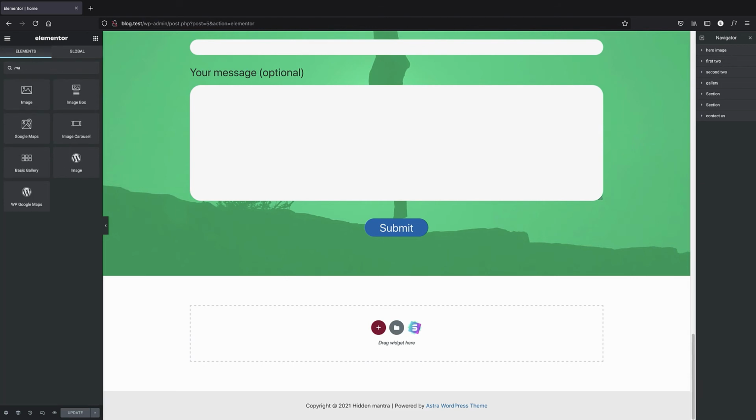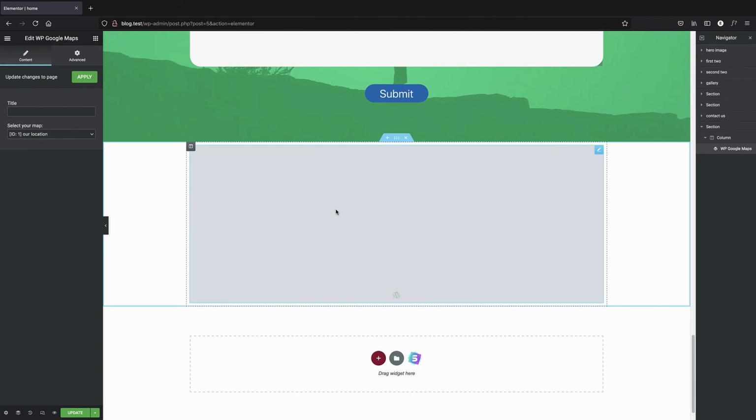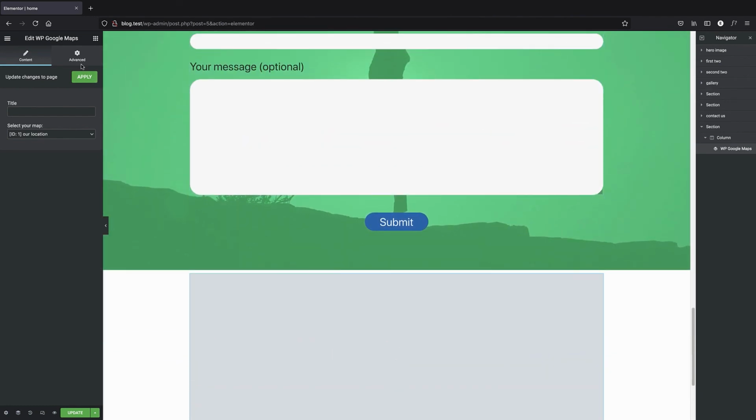but I think we can just add the map itself, because yes, this plugin is actually adding its own Gutenberg block, so you don't need to add the shortcode. If you want to, you can use the shortcode, but because it's adding its own Gutenberg block, in any page builder that supports Gutenberg blocks, you can just get the block here and add it, and now we have our map and we don't need anything here. So I can just click on apply